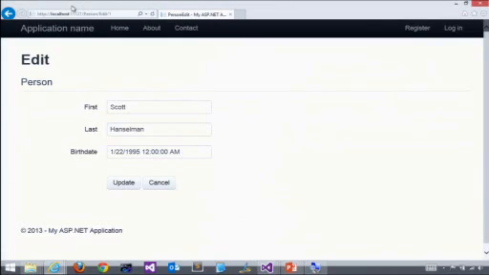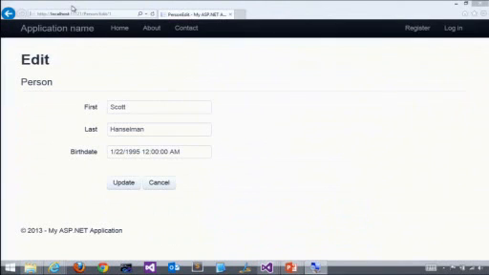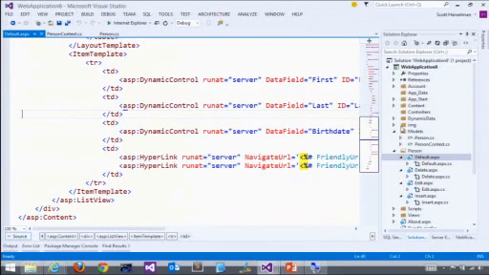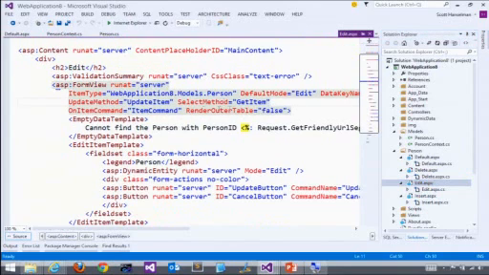Now notice when I say edit here, it says person/edit/1. If I look in Visual Studio, I can see that there is a person folder and there's an edit page. Within this edit page, we've got a control called a form view, and that's managing that form. So this is this idea of a control-based model. I've got an update method for update item. If I look at the code behind for edit,